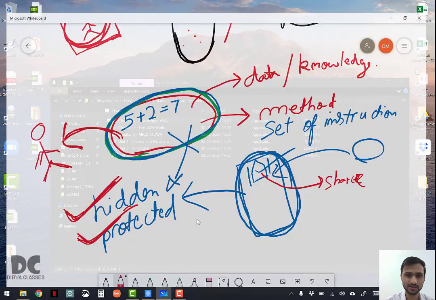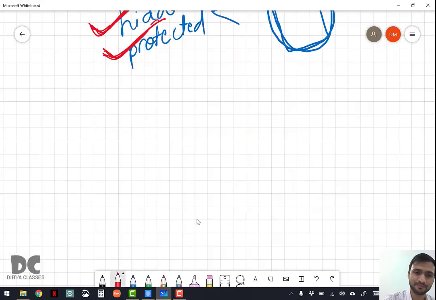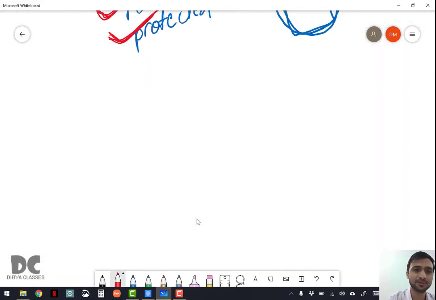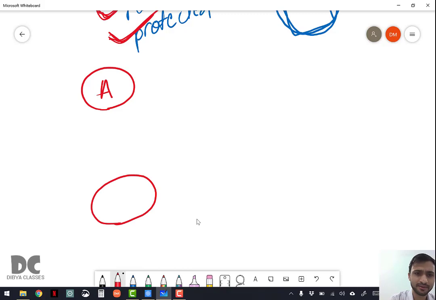You already know what an object and a class are from the chapter 1 part 1 video. So there are two objects, object A and object B. If object A takes some properties from object B, like object B sharing some of its properties.